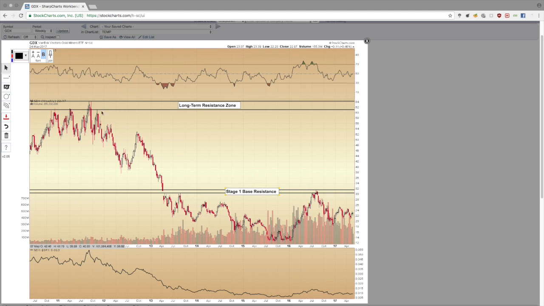When you see a market that has gone down for a number of years, and one of the things I don't like about stockcharts.com is that it is sometimes challenging to get the exact points that you want, but there we go. When you see a market that has fallen for a number of years and then has a clear basing pattern, that is, the market has stopped falling and is now trying to get back above a short-term peak here, we would call this entire thing a stage 1 base.